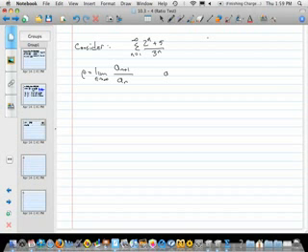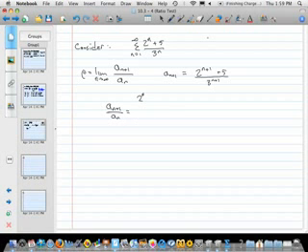So a sub n plus 1 equals (2 to the n plus 1 plus 5) divided by 3 to the n plus 1. So the ratio a sub n plus 1 divided by a sub n is, I'll write this out in full, it could be a mess,